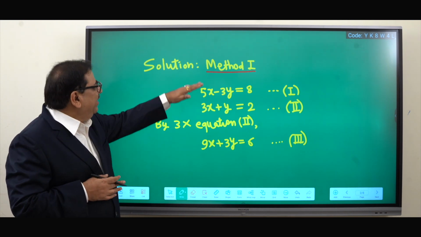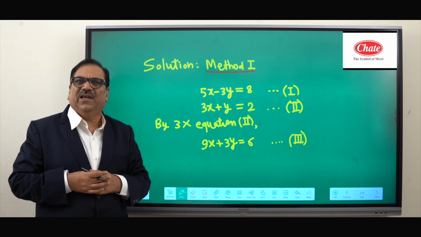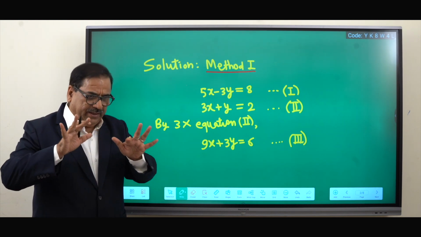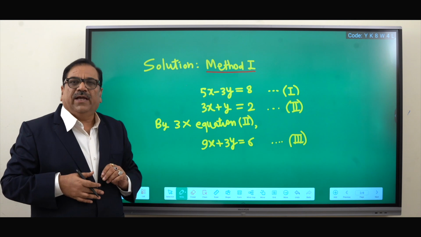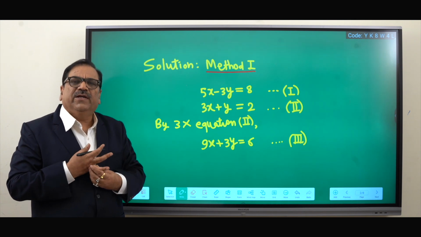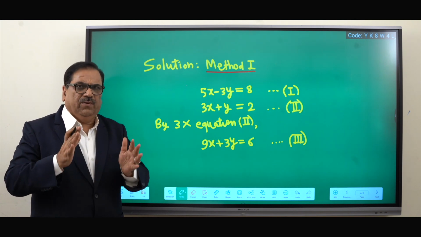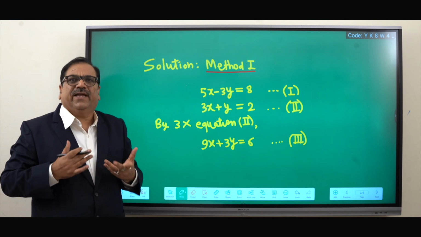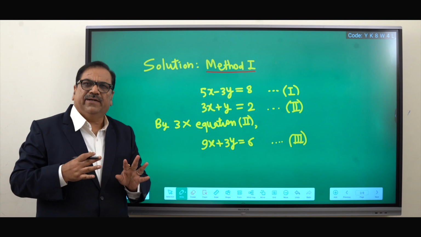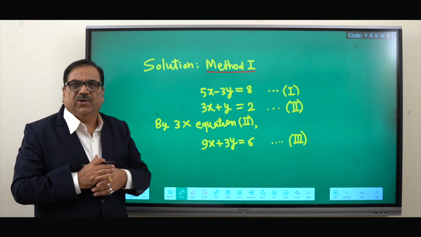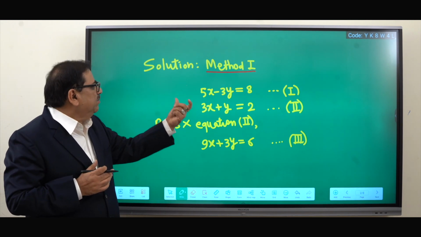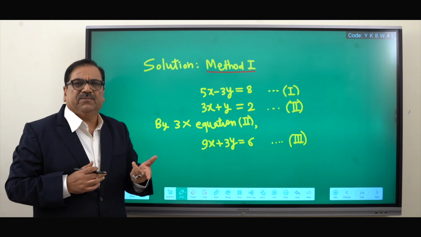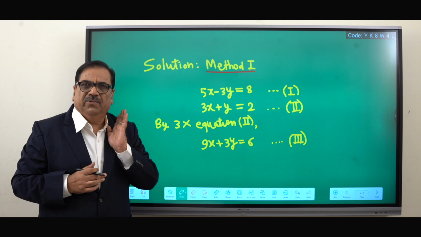What we did here in the first lines is nothing; we accepted the given information and gave each equation a title. So equation 1 is 5x minus 3y is equal to 8. Equation 2 is 3x plus y is equal to 2. Now,